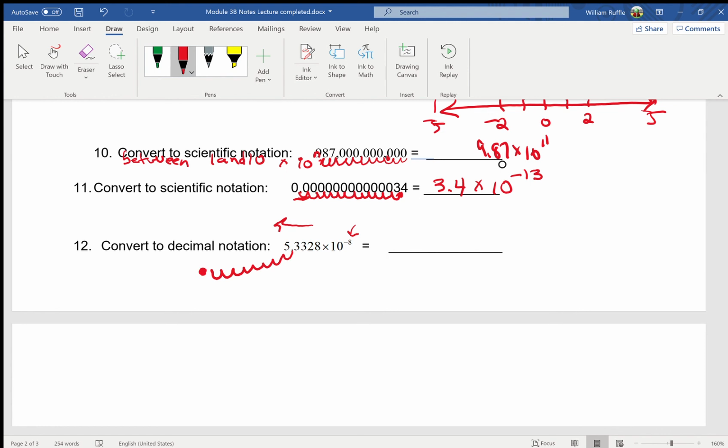Now the 0 in front is optional. You could do it or not do it. It does not matter. The computer won't care. But all these empty places, I need to put a 0. So 1, 2, 3, 4, 5, 6, 7. So I add 7 zeros. So this answer is